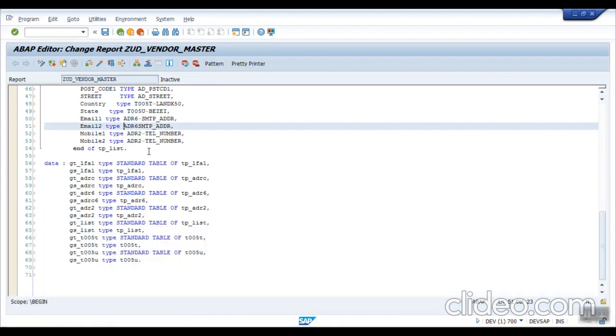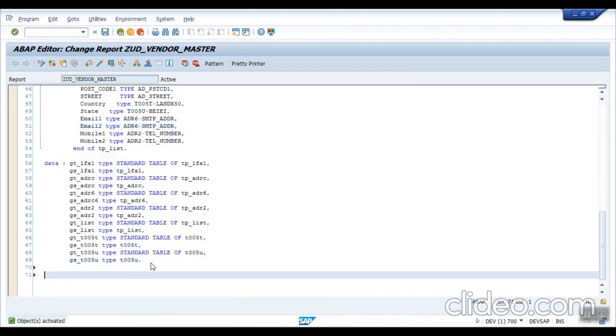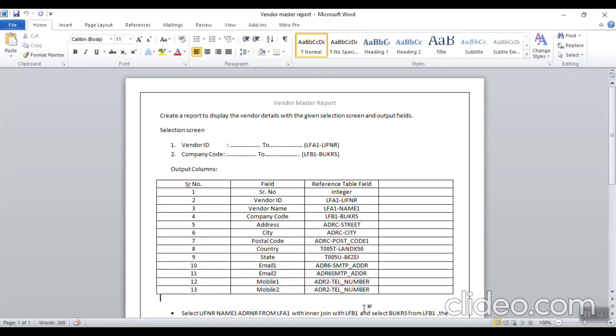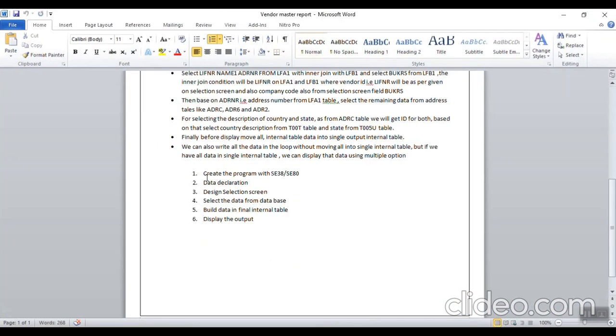Okay, so here there is no hyphen. Check if any other errors, no errors. Now this is the end of our data declaration. So as I mentioned here, the steps: first create program, data declaration, and now we'll create the selection screen.